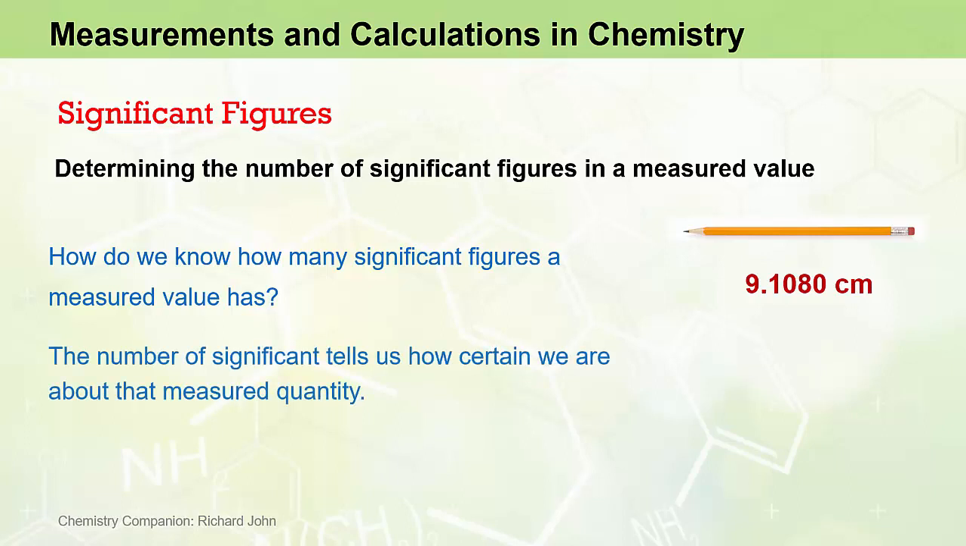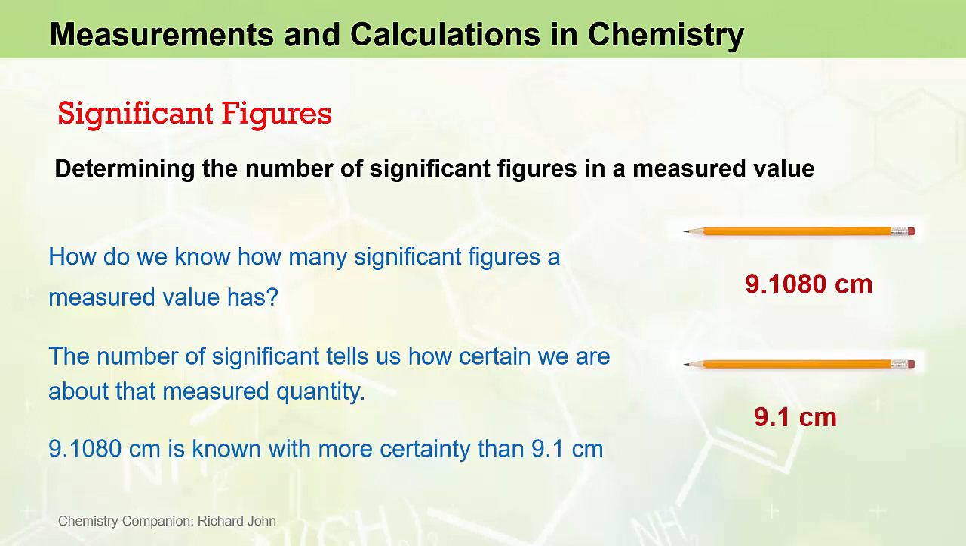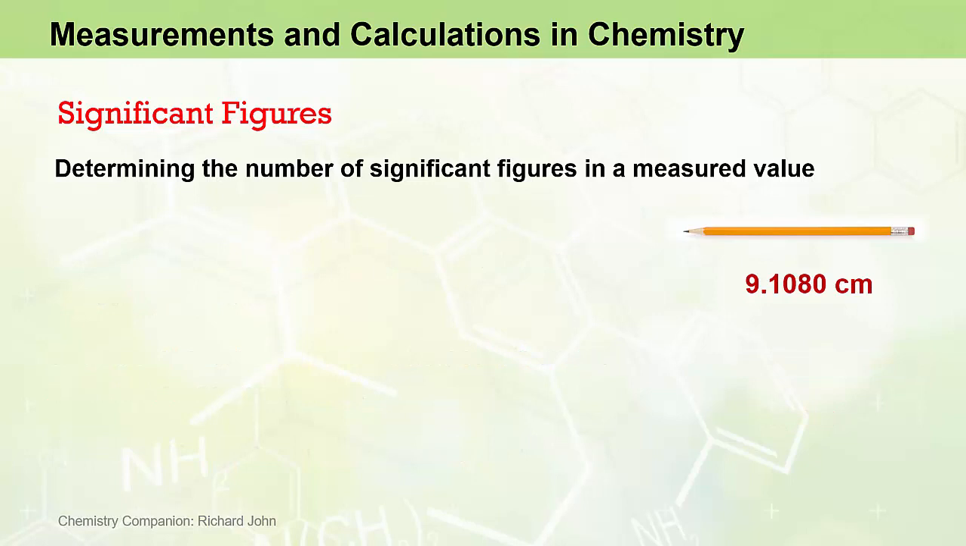This is important because the number of significant figures a measured value contains tells us how certain we are of that measured quantity. For example, I'm going to tell you that this measured quantity of 9.1080 centimeters is known with a greater certainty than a measurement of 9.1 centimeters, where the measurement has been made in a different way using a different measuring device. The way we determine how many significant figures this measurement has is to follow a few